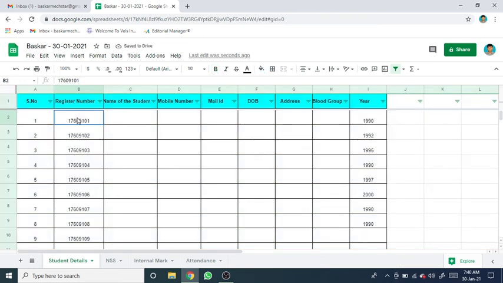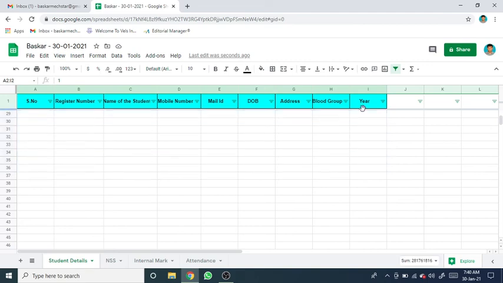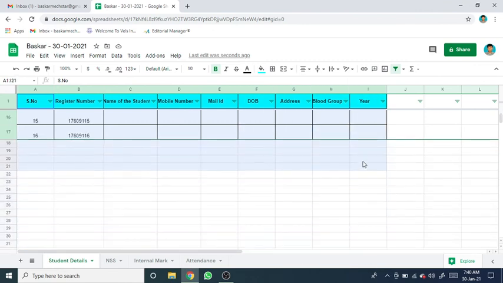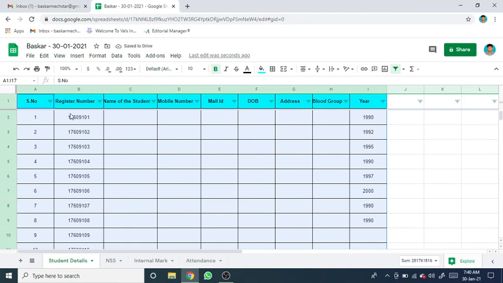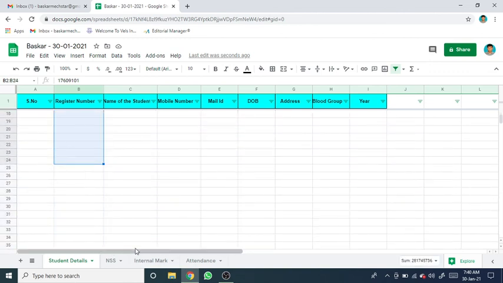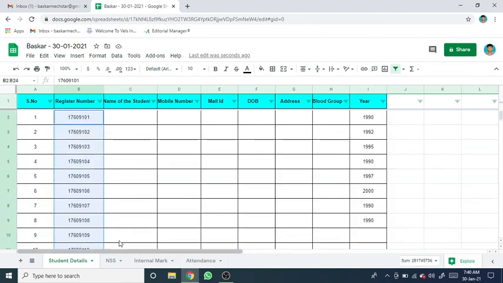At the same time, the text contents are not in proper alignment. I want to make them centered. So you need to select all, then click this button and click center. At the same time, click the vertical align button, center. Now all the things are in the center. At the same time, I want this register number on the left side. So I choose all the rows, then go to horizontal align. You can click the first button, that means left. If you click right, all the content will go to the right. So mostly I prefer center.